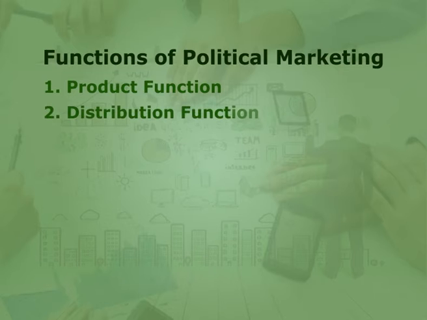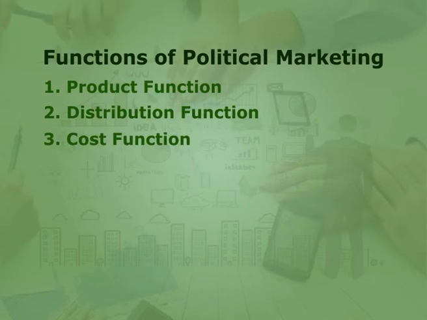In the USA, the main product function of the Democratic Party was to sell brand Obama and a good governance based on change. The second function of political marketing is the distribution function, which refers to the conditions regarding the availability of the exchange offer to the exchange partner. The function has 2 aspects, campaign delivery and offering delivery. The campaign delivery function provides the electorate with access to all relevant information about the political product.